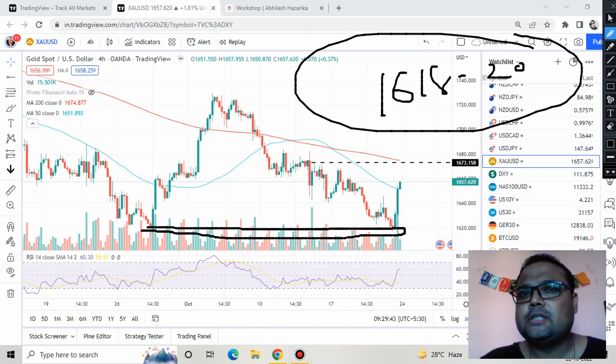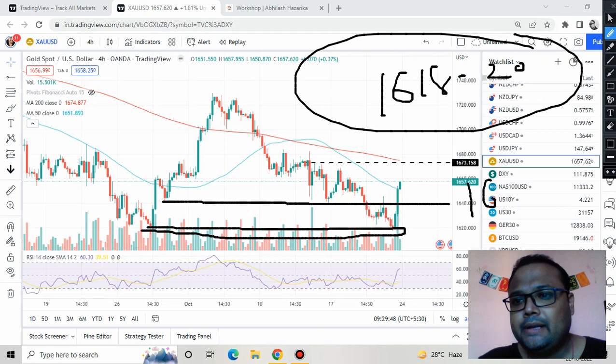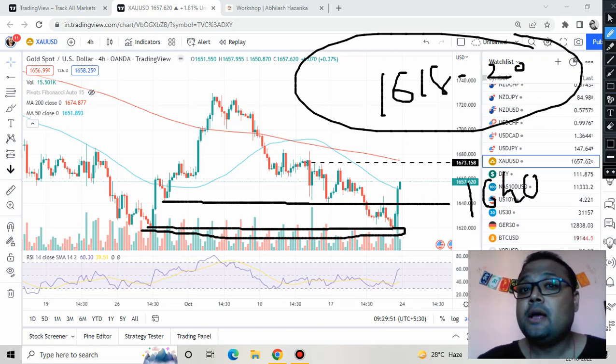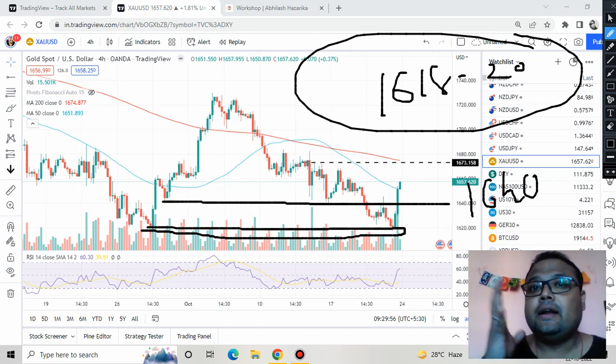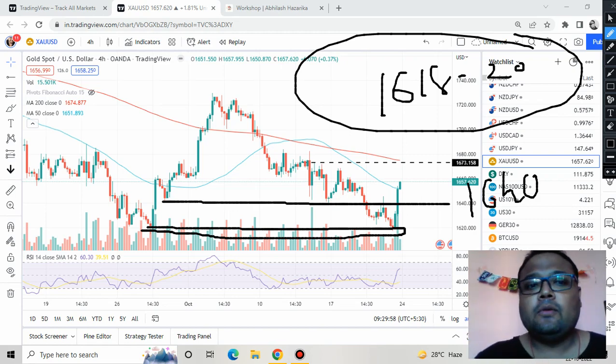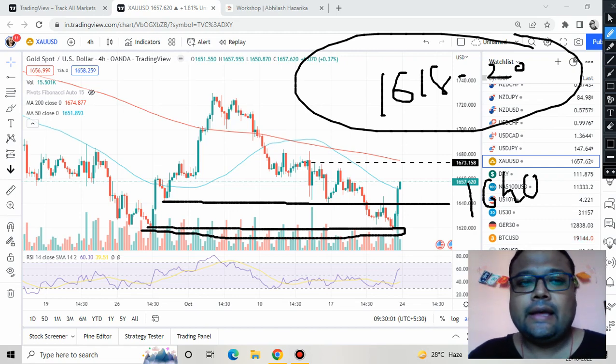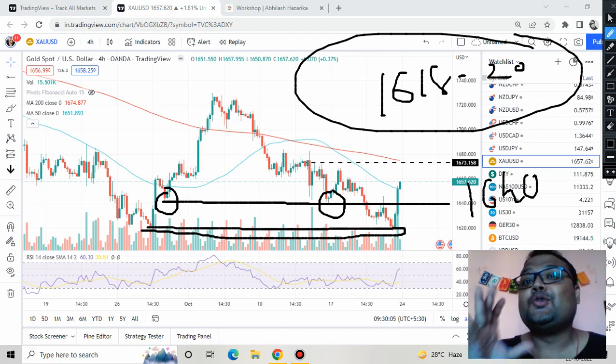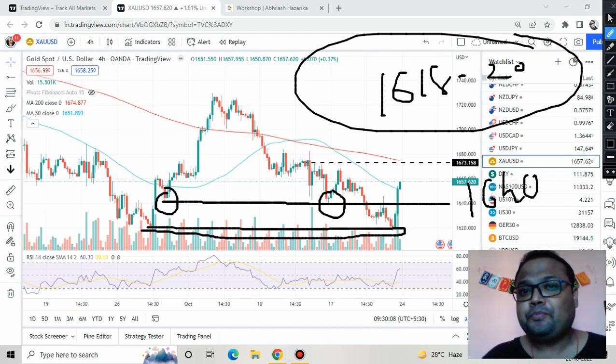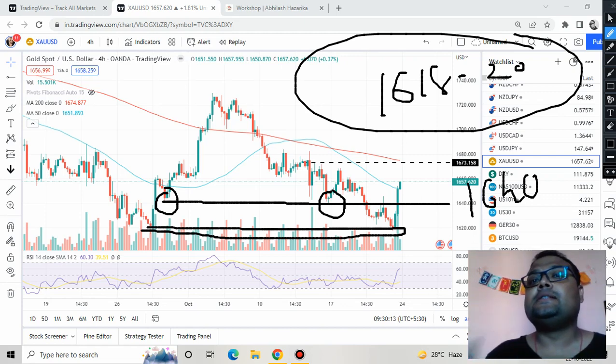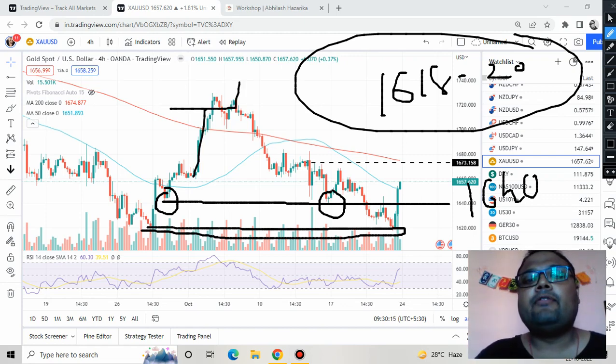In case the market goes down on Monday, you can hope that 1640 may act as the support. But keep in mind, we do not have any surety, any confirmation regarding the support of 1640. Why are we still considering 1640? Because previously this level acted as support, but this is not a good support, no confirmation yet. So if market comes down after the market opening, then observe the market on 1640. If you see market forming hammer kind of a pattern or going up, then only take a buy position.